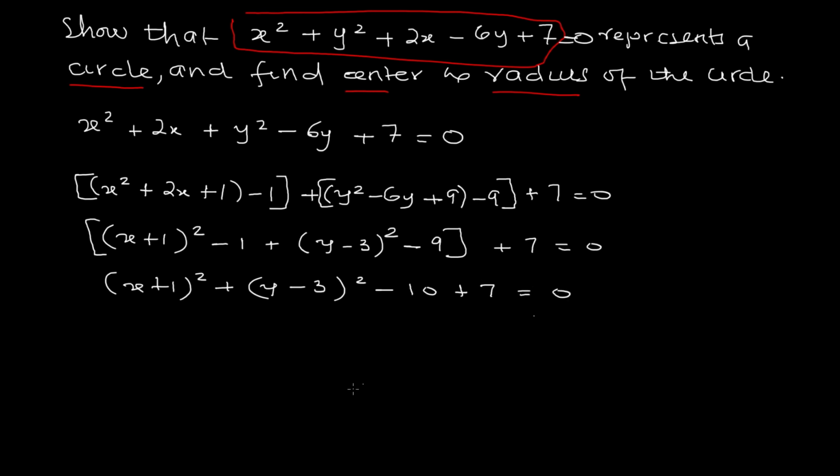Then we can do that. This is going to be x plus 1 squared, very carefully. Okay, y minus 3, like that, squared. Then this is going to be minus 3 equal to 0. Notice I'm just changing one thing, then I'm writing the equation again. This is how you must